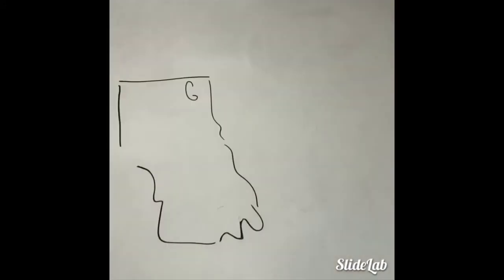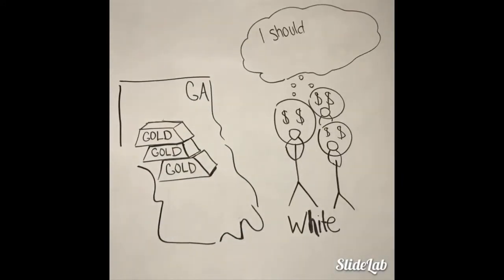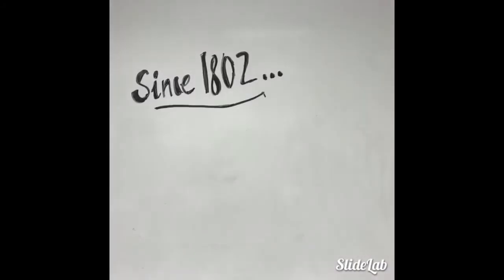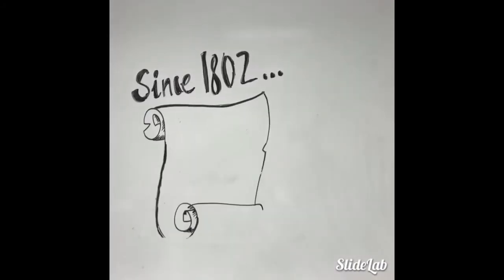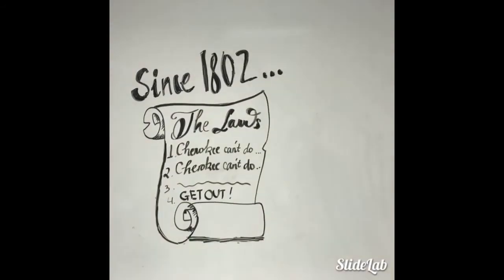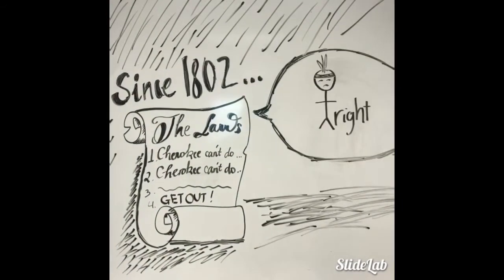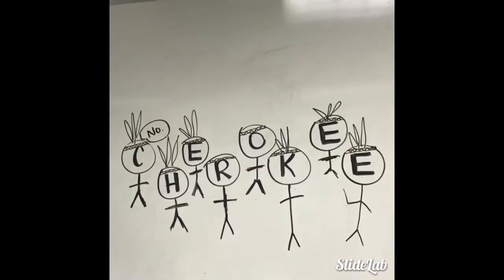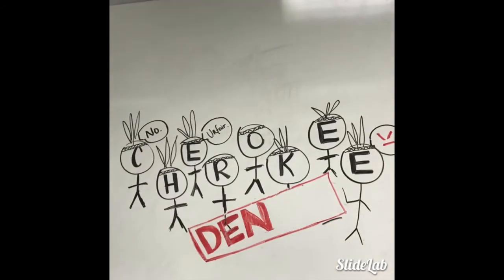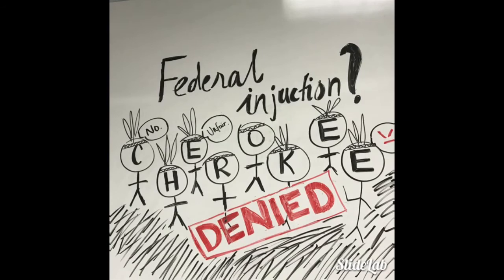More pressure applied in 1828 when prospectors and explorers found gold in the Cherokee territory. Since 1802, Georgia had passed a very hateful law towards the Cherokee that prevented them from receiving basic human rights, one of which was the Georgia Compact regarding future Indian land cessions. As a result of this, the Cherokee were angry, and so they sought a federal injunction against laws that were passed by the state of Georgia.